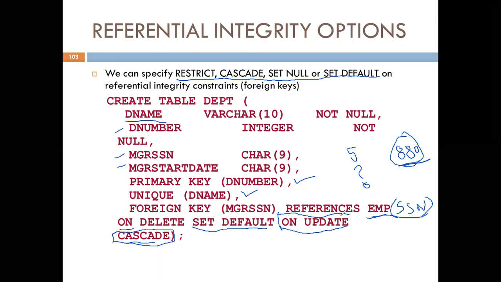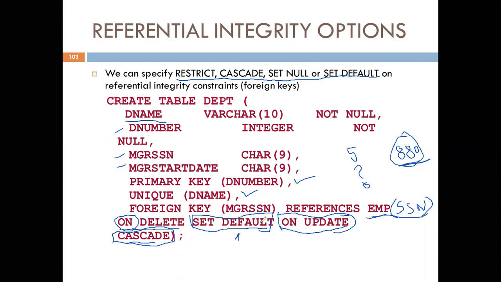So these conditions can be specified as part of the constraint definition itself using on delete and on update. So on delete set default, on update cascade, or we can also write on delete cascade. After on delete, the other options include set default, set null, cascade, restrict.